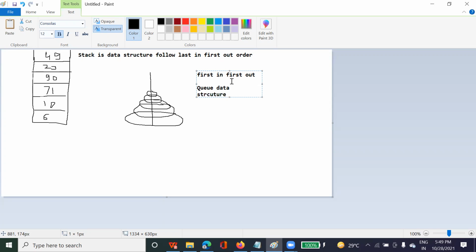Now this is about the data structure. Now how can you access an element? There are a few operations inside the stack. First is top. Top is a variable whose work is to point to the top element. It always points to the first element, or you can say the last element. So it always points to the top element of the stack.